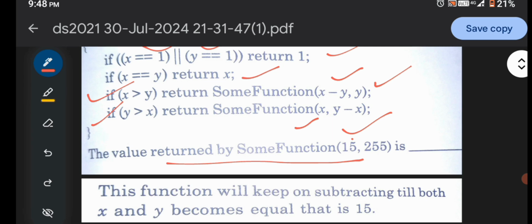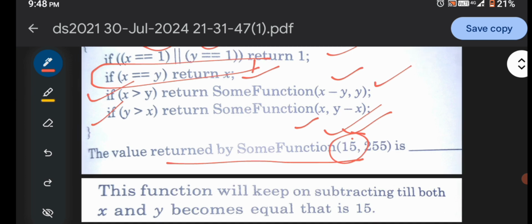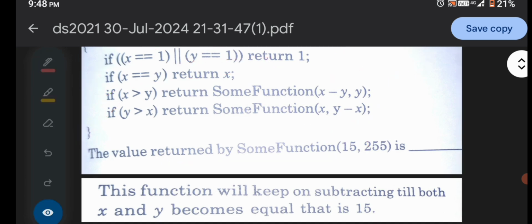So we can easily say that the value of x is 15, and when x and y become equal, it comes to the second if condition, and you will get the correct answer. It is a very easy and sensible question, and it was asked in 2021 in Set 2. Now we move on to the next question.